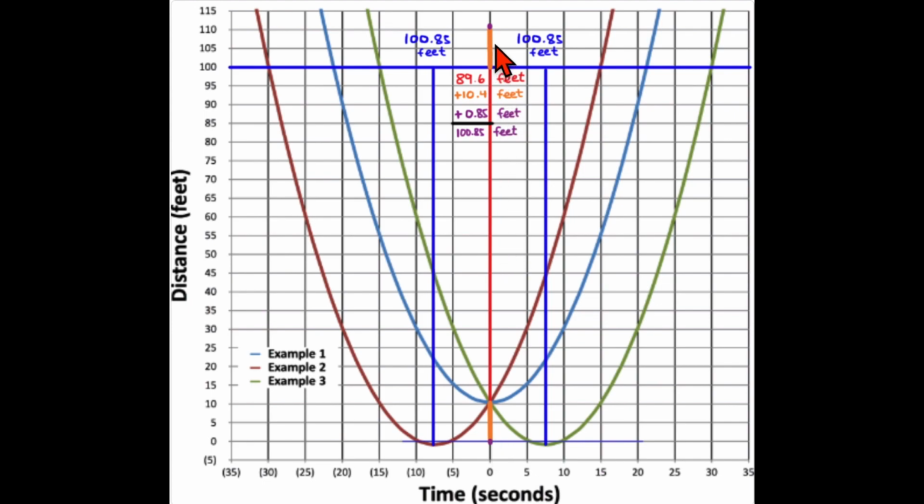So 110 4/10 feet from point 0, but then you have to add the little teeny tiny 85 hundredths of a foot to that total. This little teeny tiny 85 hundredths of a foot right here. So now I would be at 185 hundredths of a foot from rest for example 1, and at the same time 111 25 hundredths feet from point 0 for example 1. And that's the distance you want,